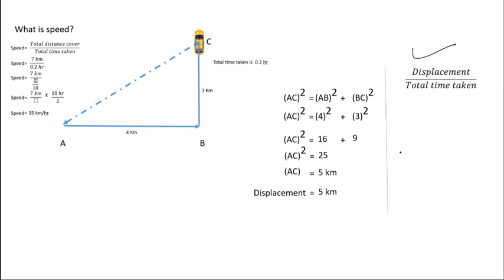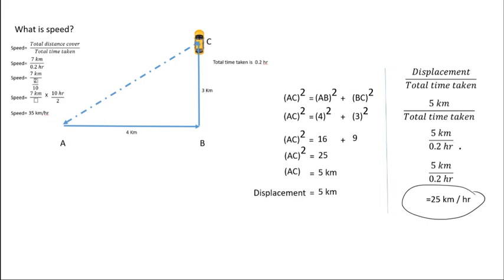Right? So we'll do it here. So 5 kilometer, purposely I am writing kilometer here, and total time taken is 0.2 hour. So this is 2 by 10, so 10 goes to the top, right? So 5 kilometer by 0.2 hour is equal to 25 kilometer per hour. And how did you get 25 kilometer per hour? You can do the calculation here. 5 divided by 2 by 10, which is equal to 5 into 10 by 2. So 5 twos are 10, no, 5 fives are 25 kilometer per hour.